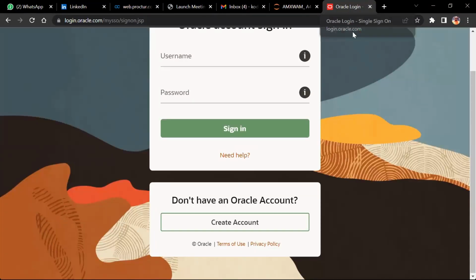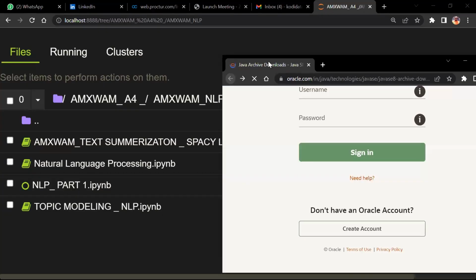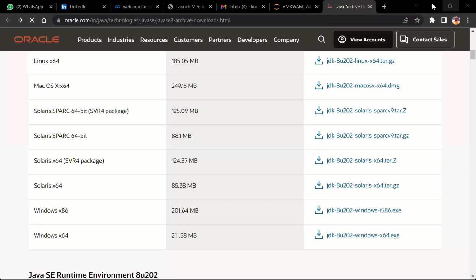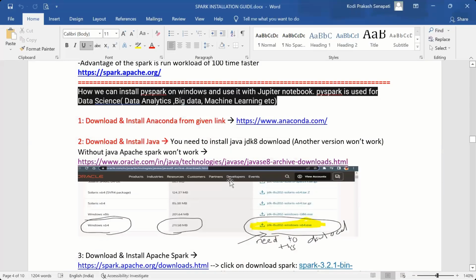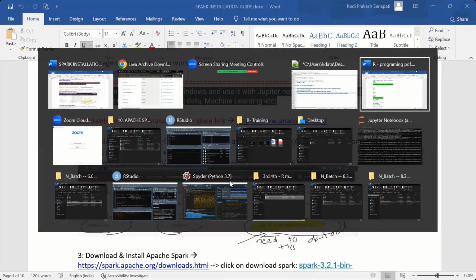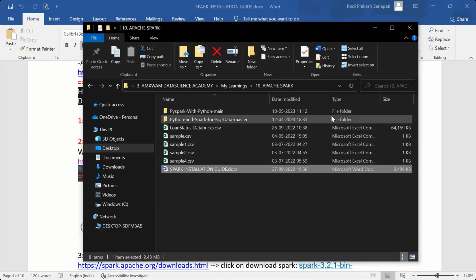Can you do this, team, or not? Okay. Yeah. So go back and we can do this one. So you can download Java JDK. Okay, team. After download, install this, guys. The moment you install the Java folder, what happened? The second one,